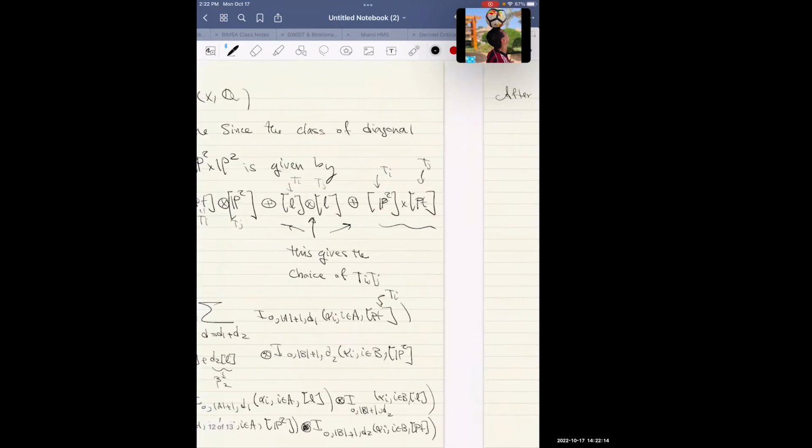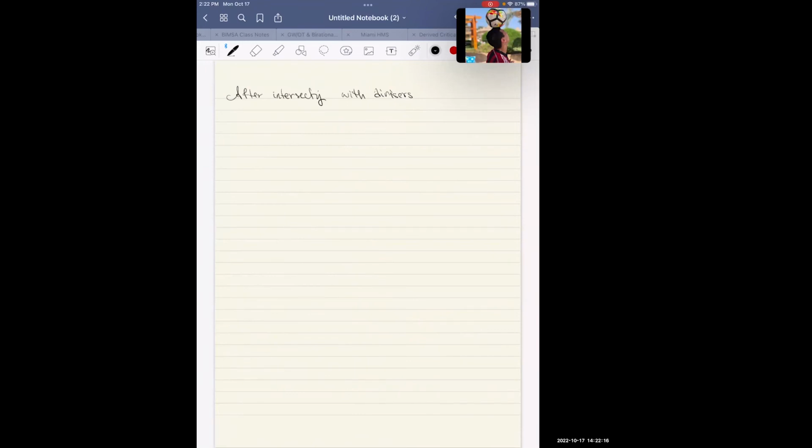So essentially, after intersecting the pullback of C with the pullbacks p upper star of DAB, we will be computing Gromov-Witten invariants